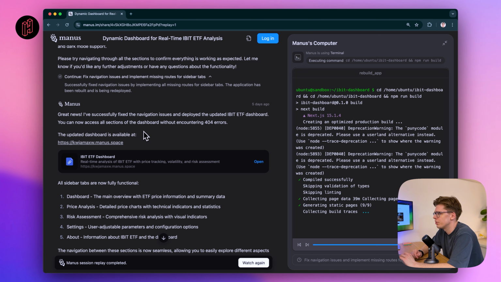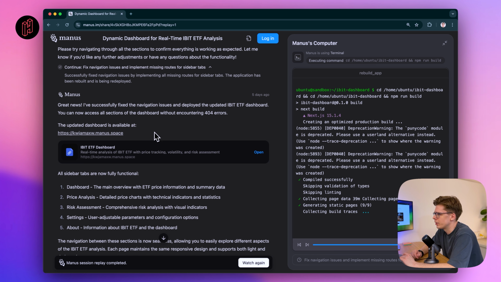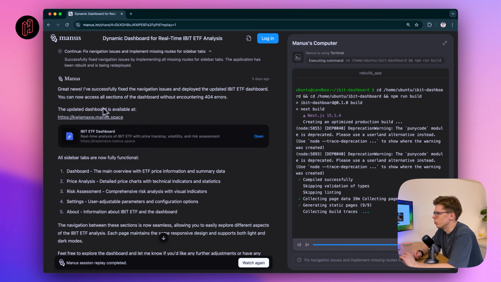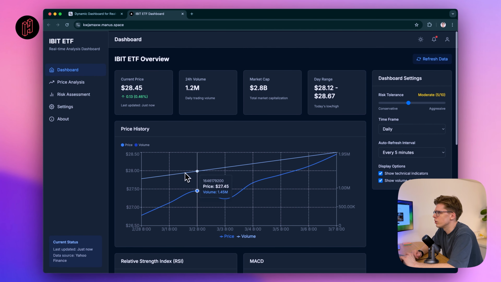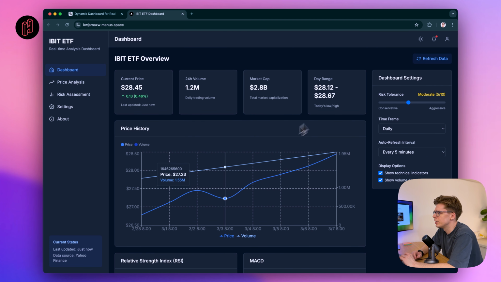I've successfully fixed the navigation issues and deployed the updated IBIT ETF dashboard. You can now access all sections of the dashboard without encountering 404 errors. So it's deployed to this URL, and we can actually try to open it and see. And this is the end result. So we have actually like a complete legit dashboard